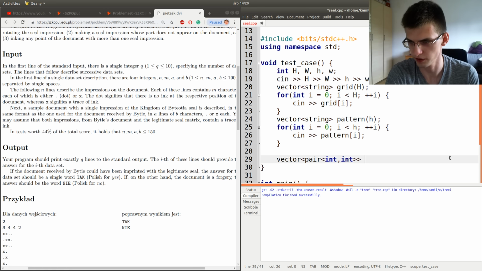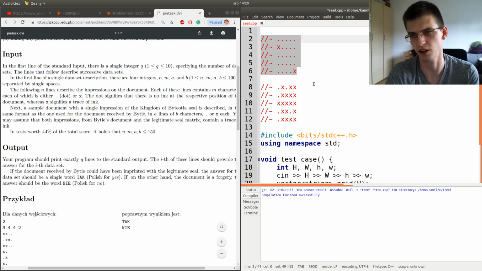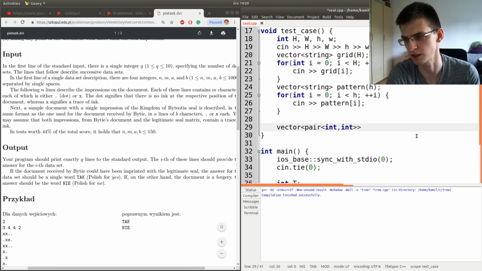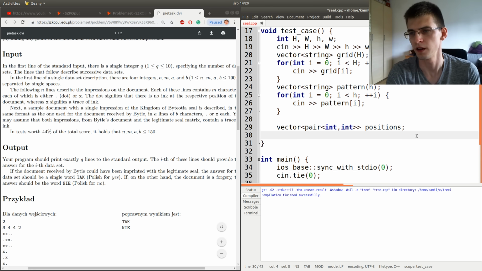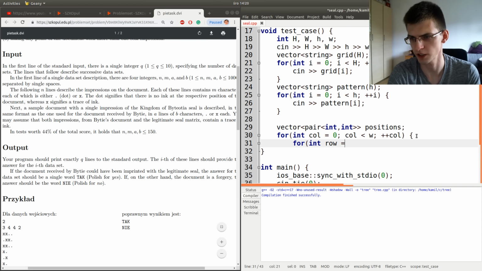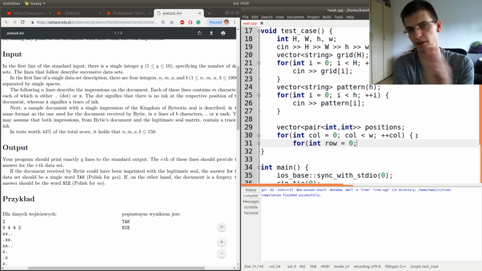So let's create a vector of pairs that will describe the positions of x's here. I don't know, let's call it positions. And now let's iterate over a column first, then the row, because we first prioritize leftmost.